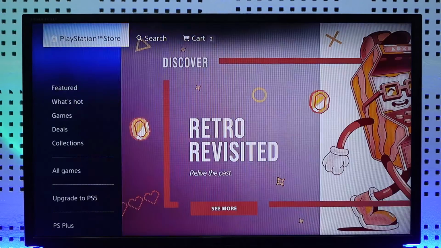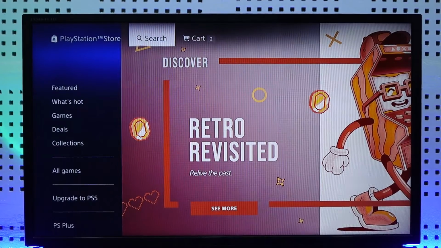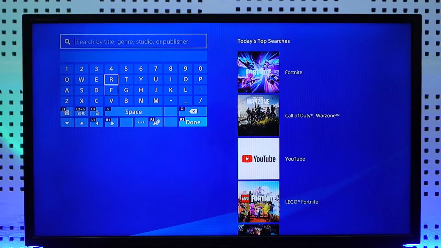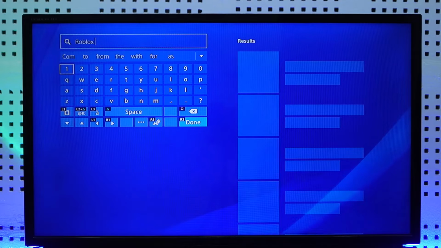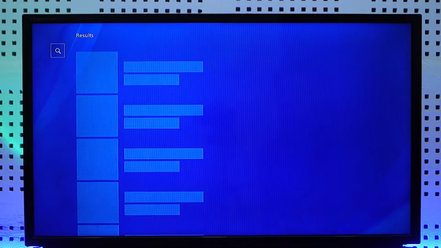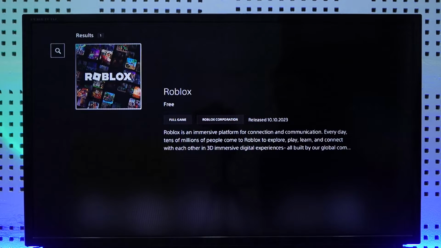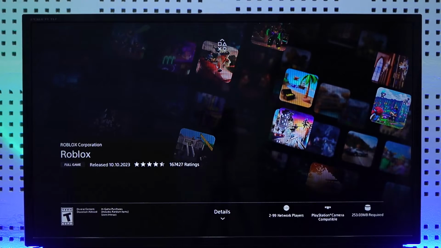And once you head over to your PlayStation Store, at the very top you will be able to see the search bar. Make sure to just click the search bar over there and then just type in Roblox. When you type in Roblox, on the right hand side you will be able to see a list of games that are available, and Roblox is absolutely free, by the way, so you don't have to pay to download the